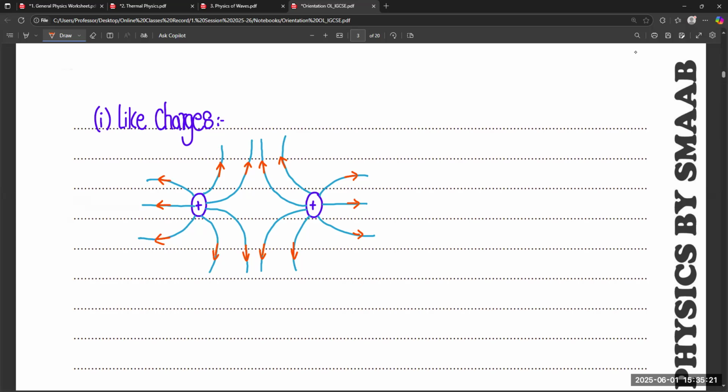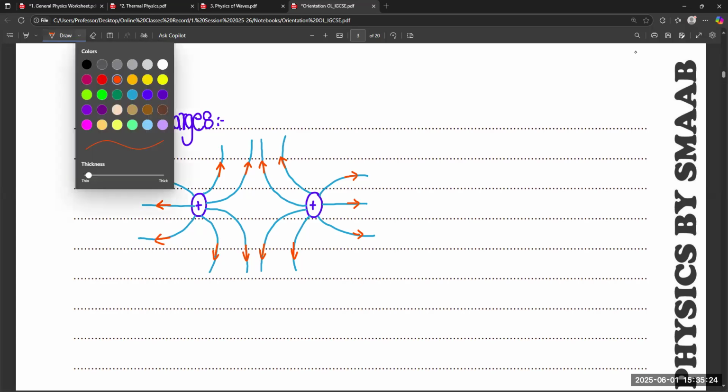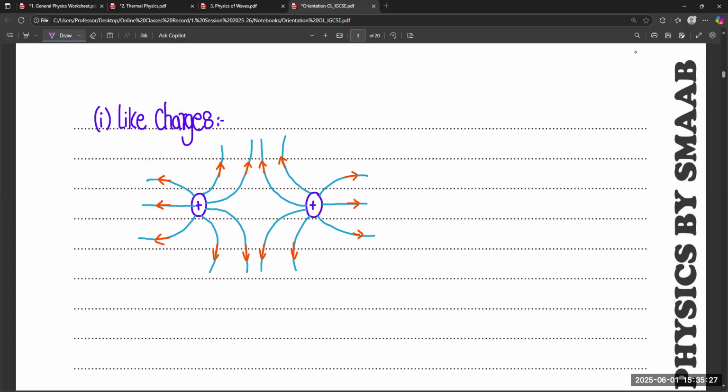But one more thing that we observe in the diagram is that we have a very large gap between both charges, like this one. This region is completely empty. Why is this region completely empty? Because of repulsion, both sets of field lines repel each other, and there is a gap between them. So we got a gap between both charges. This gap actually represents